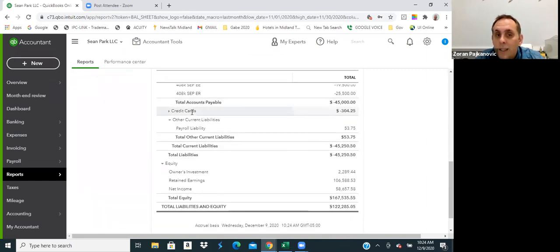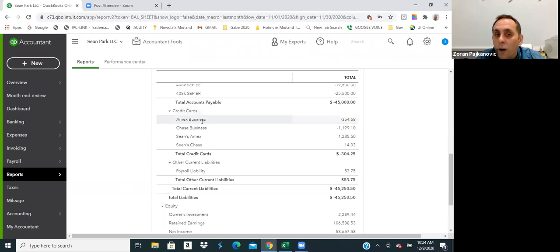So let's assume this is a payroll liability. Instead of credit cards, let's say it's a payroll liability. You can go ahead and itemize it and say, okay, I wanted to break down those $3.95. For example, this is going to be SUTA, which is state unemployment tax. This is going to be FUTA, federal unemployment tax. And this is going to be Social Security employer and Medicare employer, because remember,